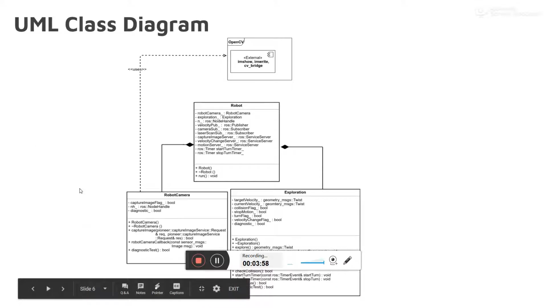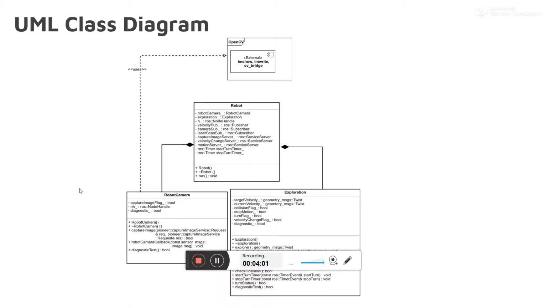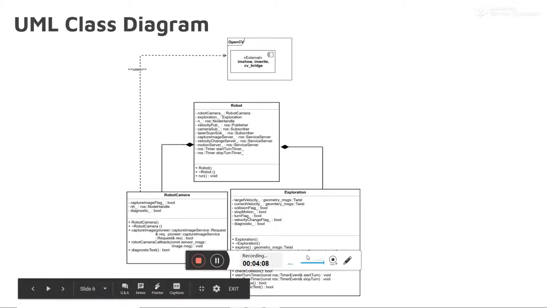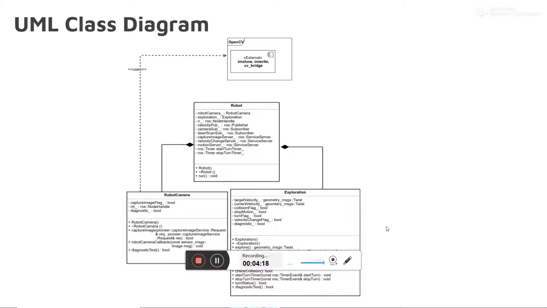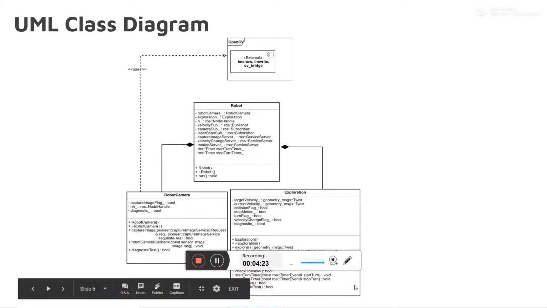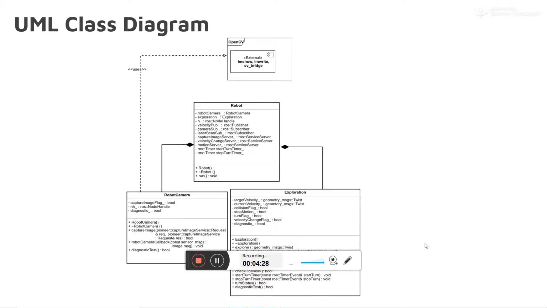So let's go into the detail of the design. Here is my UML class design for the project. I'm using 3 classes: robot, camera, and exploration. Let me explain the different classes to you. The exploration class basically handles the exploration task. It has an explore function which actually gives the velocity, and it reads various flags and services. It also has a function to read the laser scan data, and once it senses something in the laser scan, it